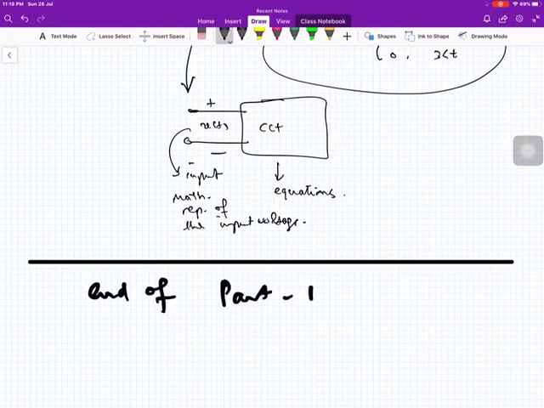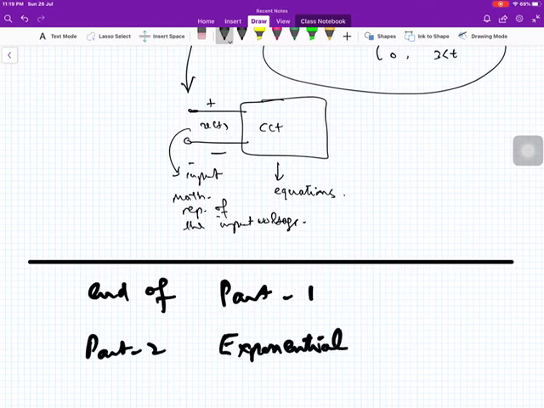And in part 2, I will discuss exponential waveforms. Exponential waveforms are exponential functions